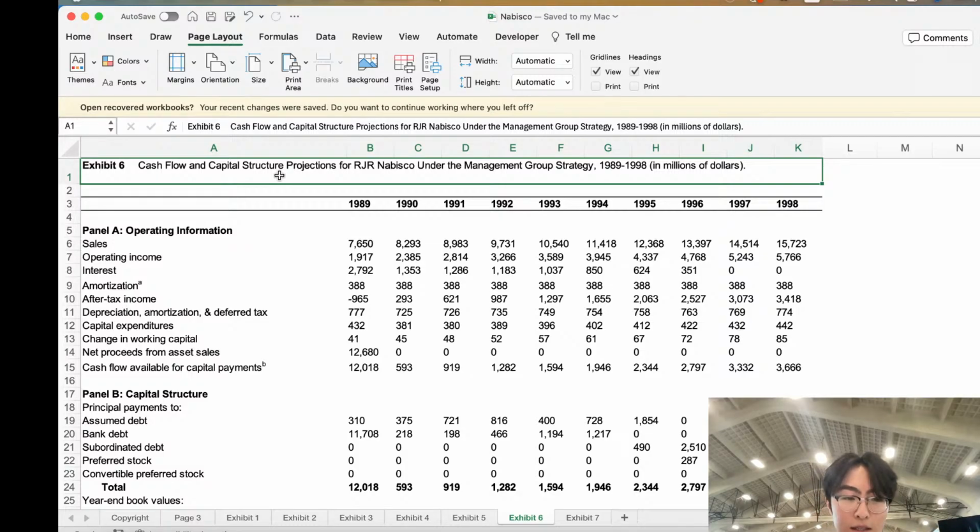And then in this case, we're trying to find a percentage amount. So this is where we get the weighted cost of debt. There are 3 different types of debt we have here: bank debt, assumed debt, and then subordinated debt. All of these debts are tax deductible in the sense that the cost of borrowing is a proxy for the interest rates, and interest is tax deductible, so you get a tax shield for paying off interest. It's going to be the same for all of this.